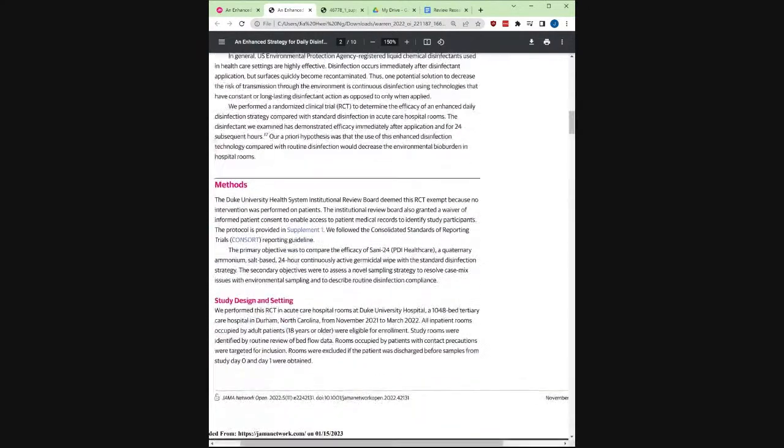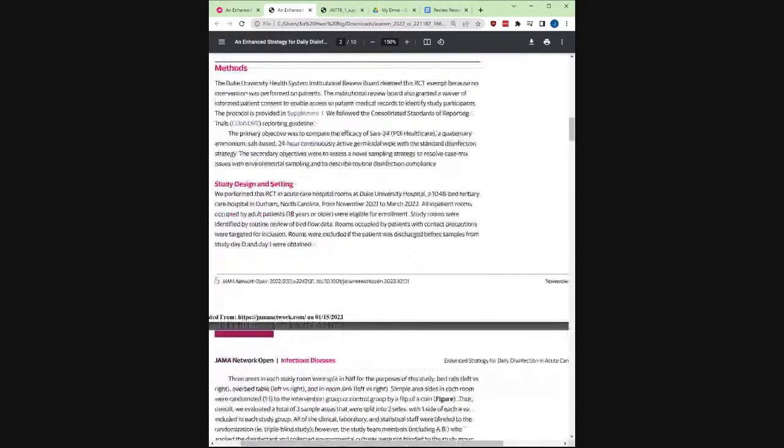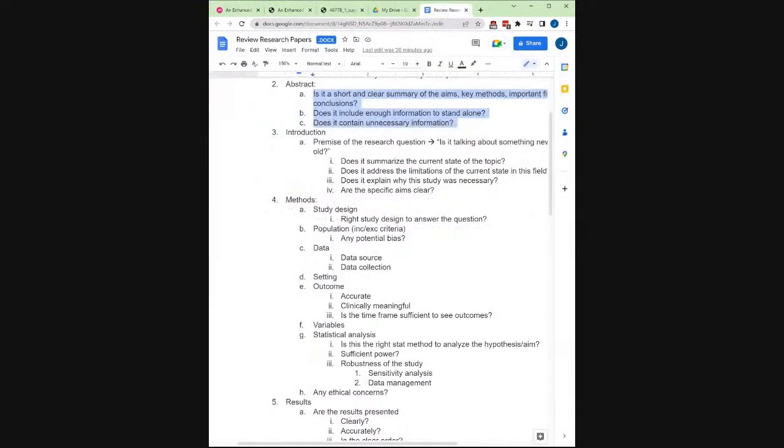Okay, now let's go to methods. Can we trust it? Can we trust the results? Before we trust the results, let's make sure the methods are accurate. Okay, so I'm going to jump back here. When I look at methods,